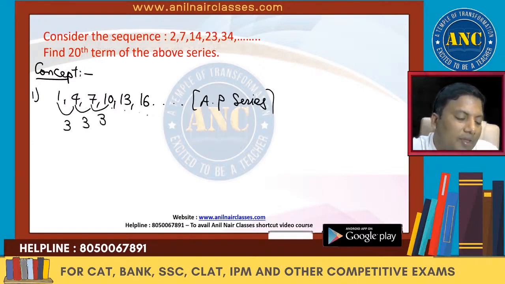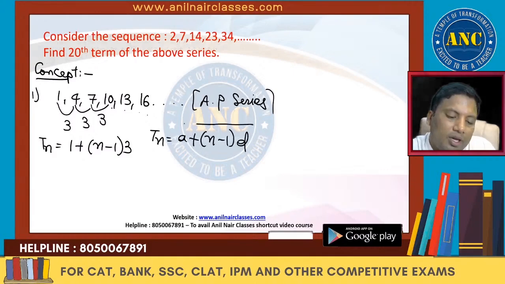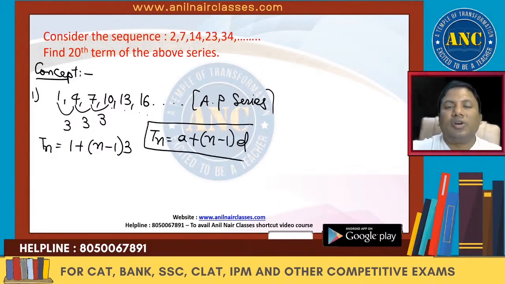Difference is 3. So Tn is nothing but a plus (n minus 1) into d. This is something which you all know. A plus (n minus 1) into d. So if there are n terms, the gaps will be n minus 1. Another way which I am trying to tell you is, suppose this Tn is nothing but